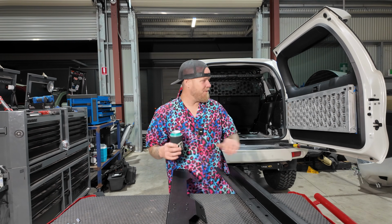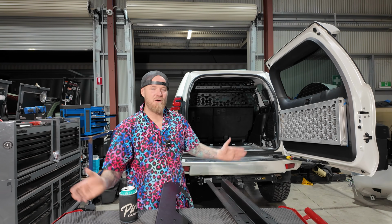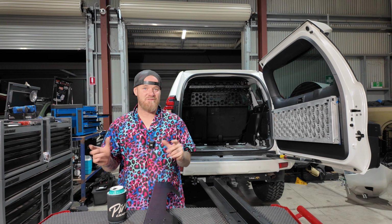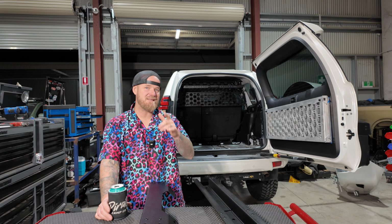Now today, we are here on the Prado 150 series because you want to see us install the low profile drawer set. Very, very exciting one. It's not that bad a job, but before we get into it, first thing you need to do, head over